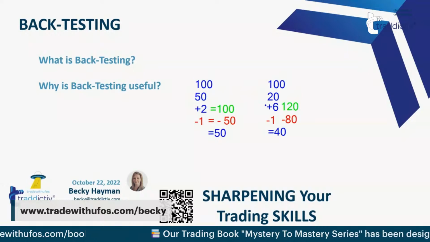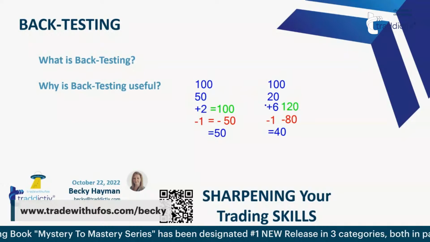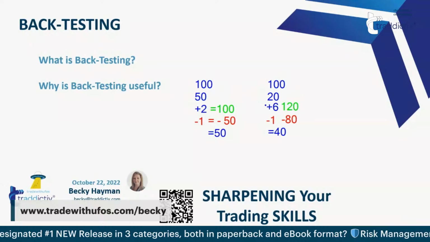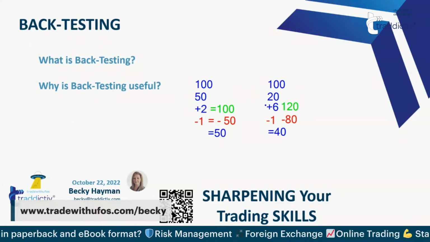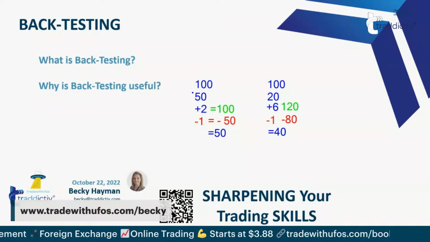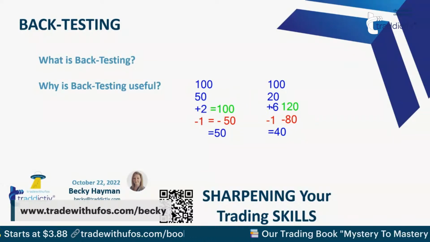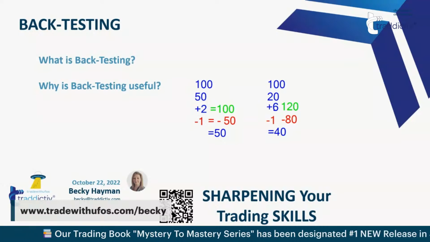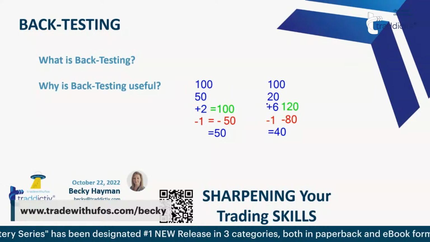So again, kind of going off on a little tangent here, but these are the kind of things you need to think about when you're creating your trade plan. The methodology might be something that you say, okay, great foundation. How can I tweak this to fit me? Where I can be right more often, even if that means that I lower what I make when I'm right. Or can I increase what I make when I'm right, even if that means I have to lower this? Or even better, how do I balance those two things in the right way for me? We're all going to have a different balance of that.